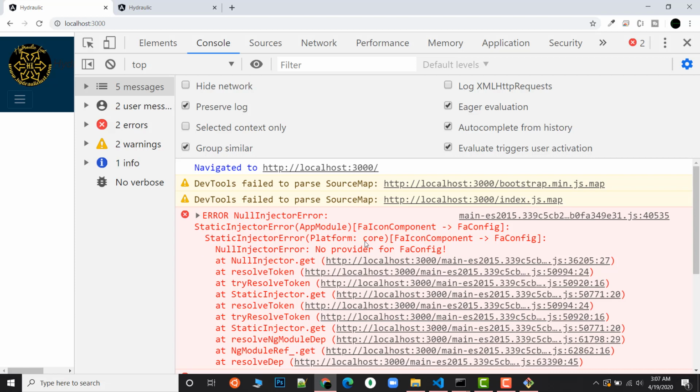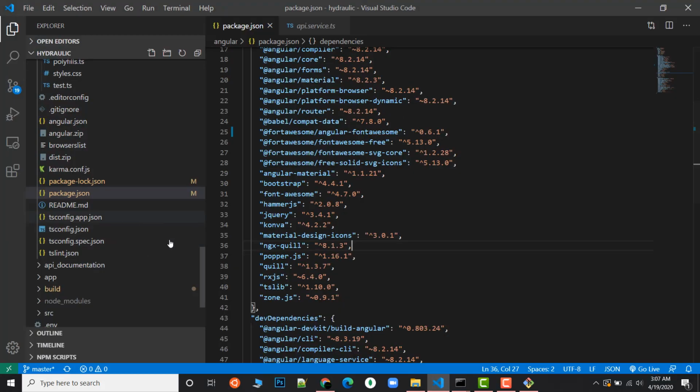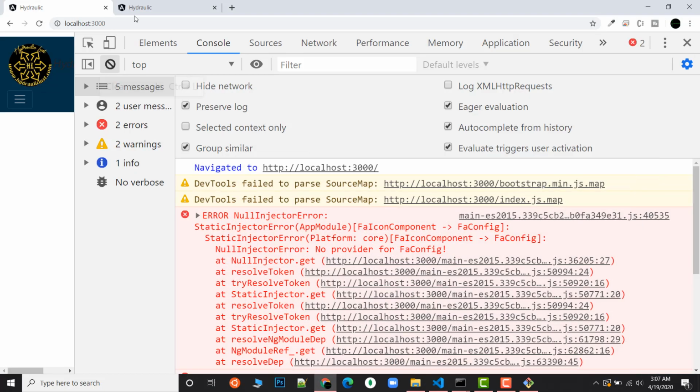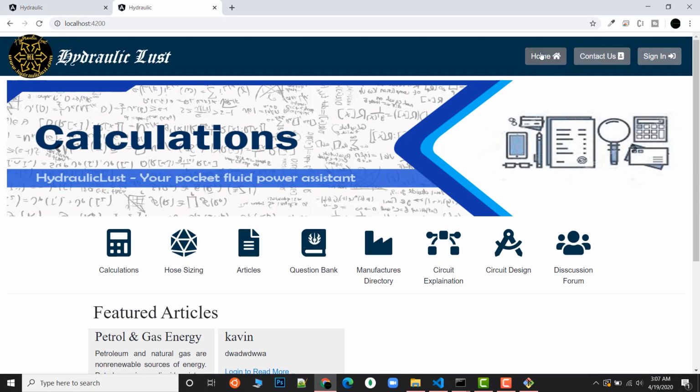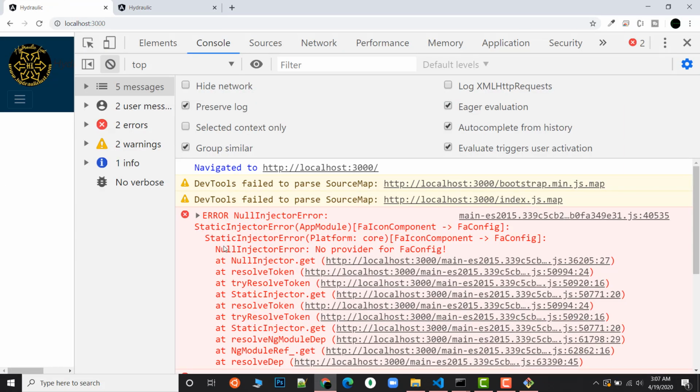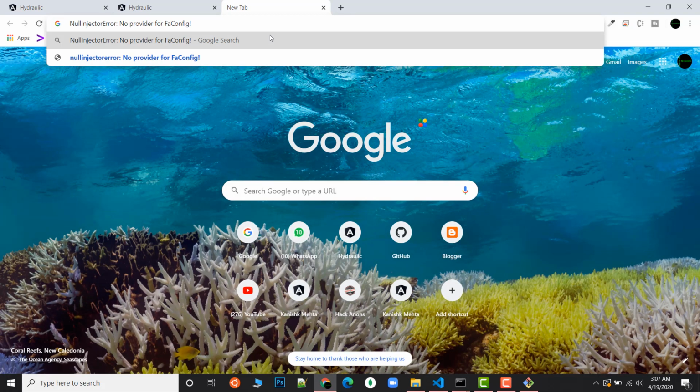Now here I got to know one thing, that the error that I am getting is from the fa icon component. It means I know my whole project I am using the font awesome icons. In my whole project in the dev build, you can see these icons I have used the font awesome only. So let's try. Now you can easily check what is the error, and I'll copy this and try to paste it in Google.